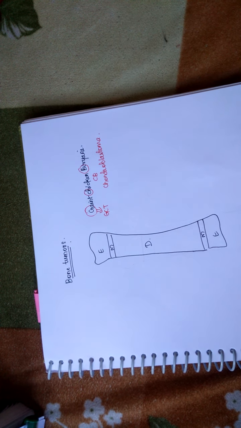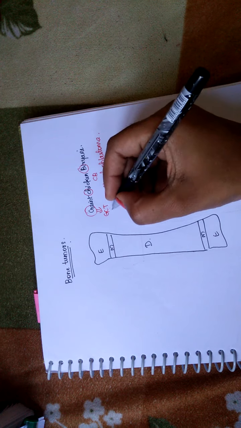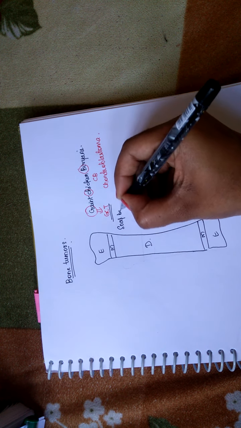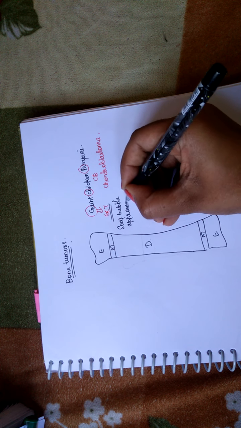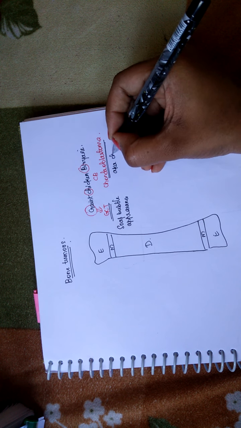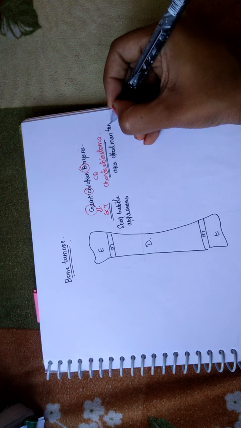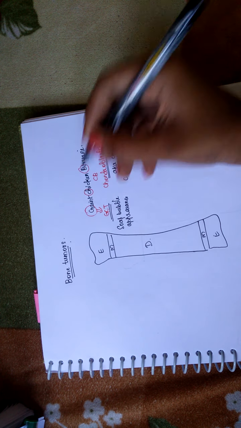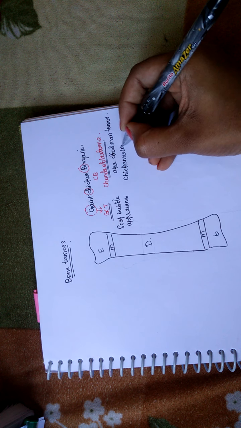Along with the classification, I would like to tell the important points associated with each of the tumors. GCT has a soap bubble appearance. And coming to chondroblastoma, what you should know is it is also known as Codman tumor. It has calcification, and the mnemonic is chicken, no? So it has chicken wire calcification. Remember it like that.